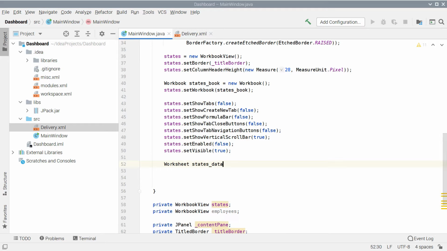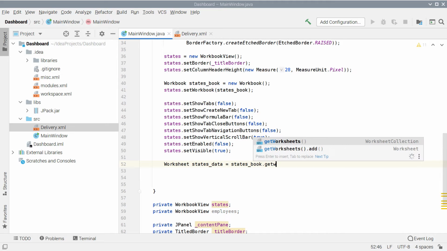We initialize a worksheet for this spreadsheet. A new spreadsheet is always returned when you call the add method on a workbook. You do not create a worksheet with a constructor.